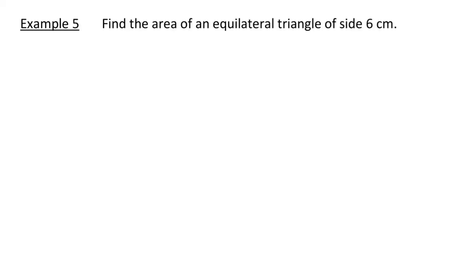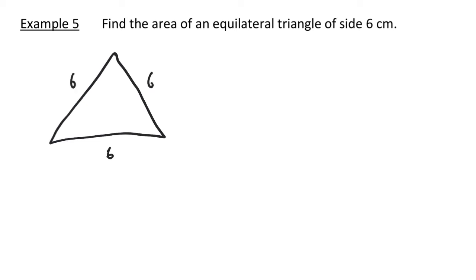Example 5, find the area of an equilateral triangle of side 6 centimeters. So let's draw our equilateral triangle. And we know that the three sides are equal. Now the area of a triangle is a half times the base times the perpendicular height. And the perpendicular height in this case would be here. Now we don't have that, but thanks to Pythagoras theorem, we can